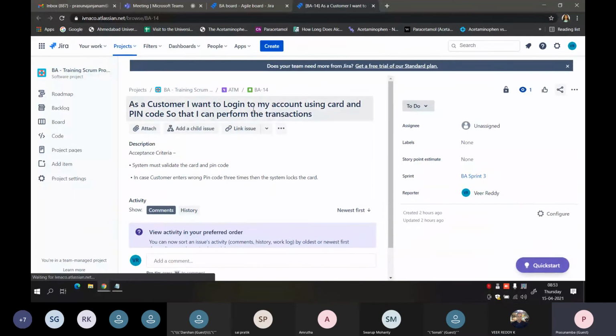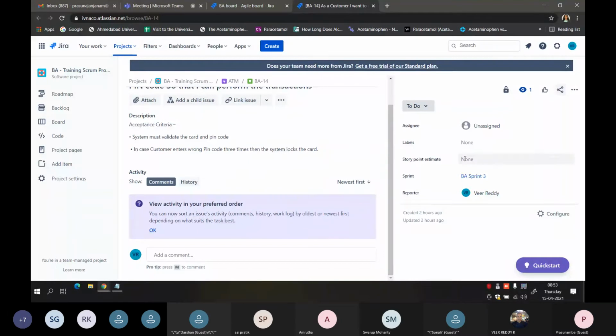This is a user story I have created. You might know the format that is used for creating a user story and writing the acceptance criteria, right? So you can edit it later also. Like the story was already created and you are editing. Now you understand that the story points for this would be 5. So you can edit it. And then, any doubts on the comments and history part?